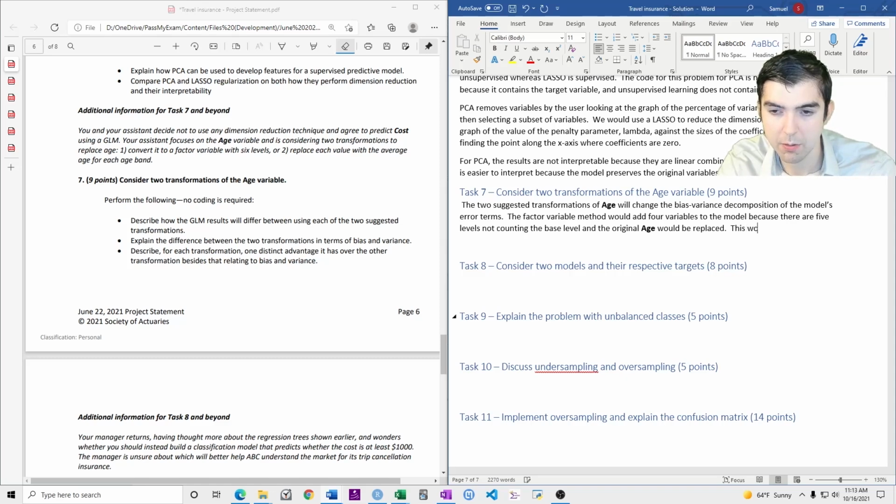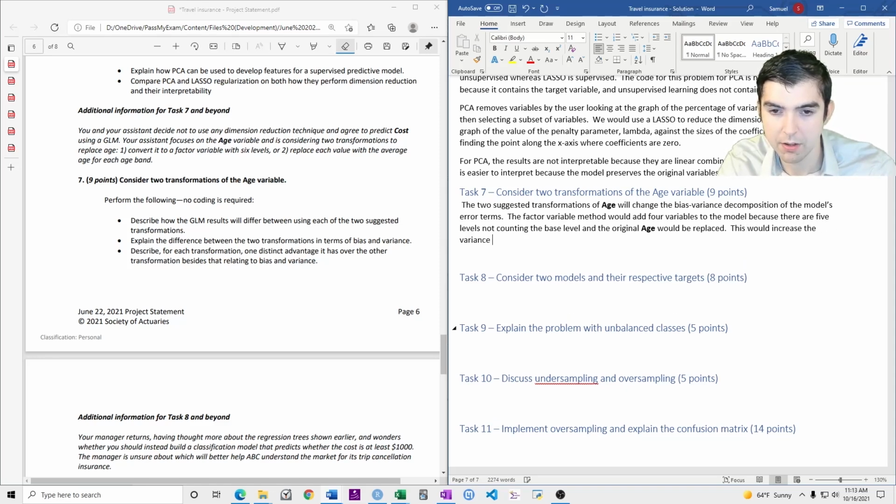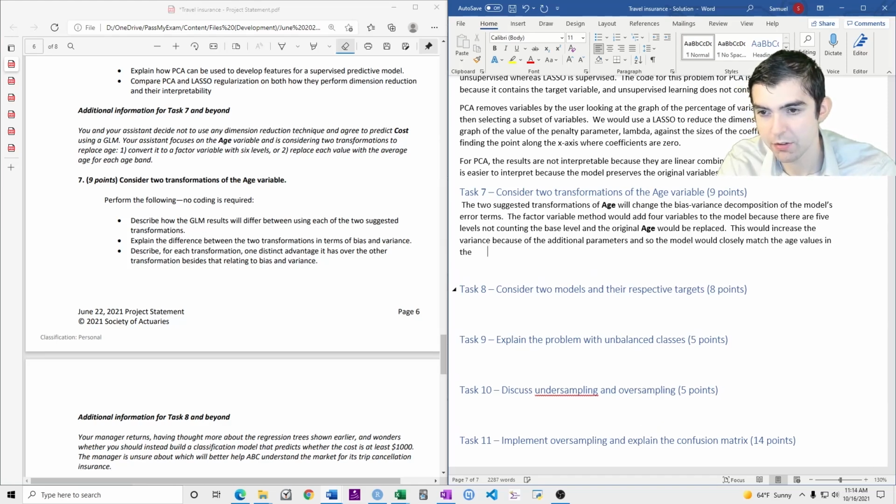So this would increase the variance because of the additional parameters, and so the model would closely match the age values in the training data.